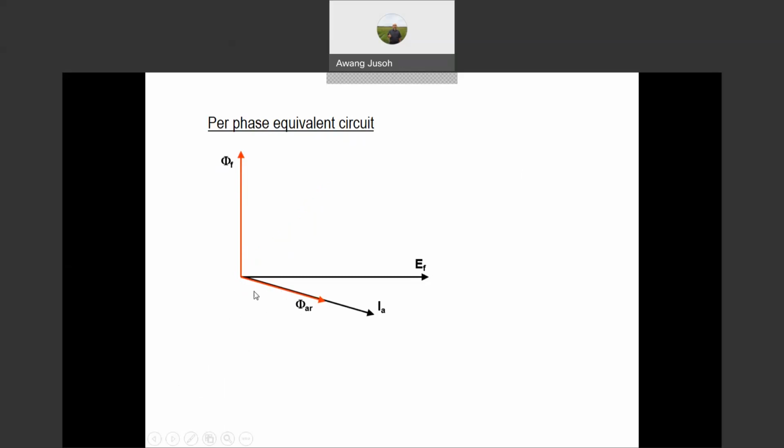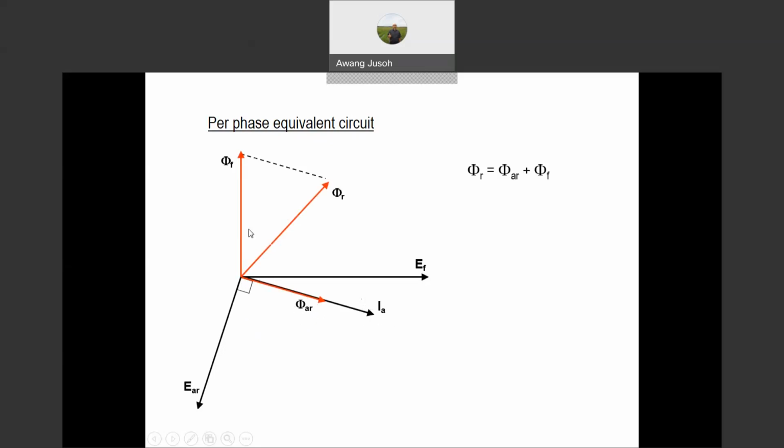Understand? Right. So I repeat again, starting from here. EF we just take as reference. EF is the excitation voltage, and flux F is the flux generated on the rotor side, 90 degrees leading EF. And then when the generator has EF, it will create current provided the generator is connected to a load. IA will flow. The armature current has its own flux ER, and flux ER generates voltage EAR here, lagging by 90 degrees.